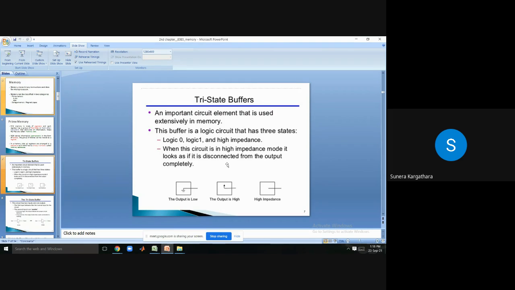The tri-state buffer is like holding: it will hold your logic, but instead of 2 logic levels, it will hold 3. From the name tri-state we can tell that generally devices are 2-state. If you say flip-flop, if you say gate, these are 2-state devices. 2 state means either it will be low or it will be high. But this tri-state buffer is a 3-state device. It can be low, it can be high, or it can be in high impedance. Am I communicating, student? It may have 3 different logic: logic 0, logic 1, and high impedance state.